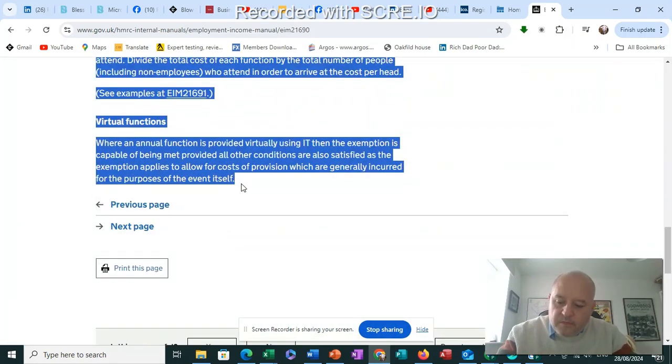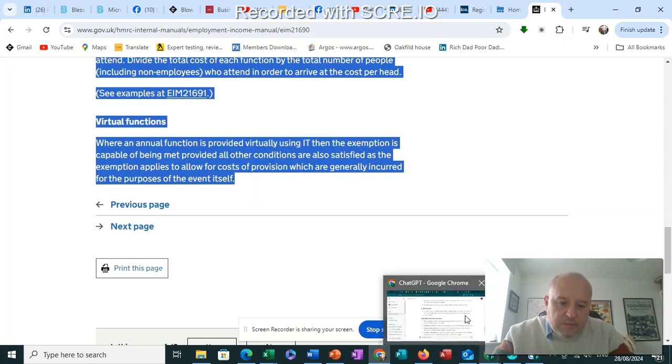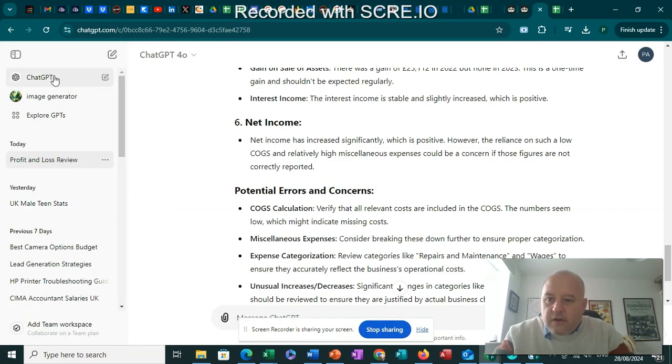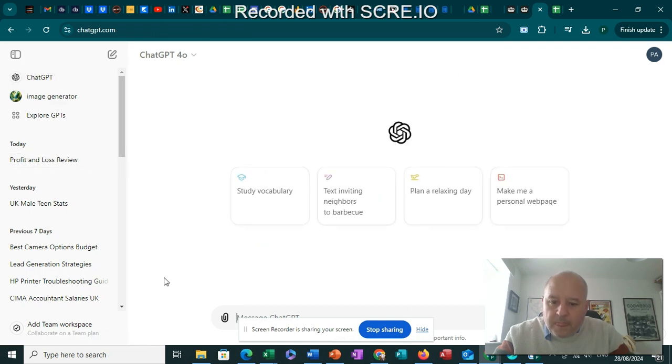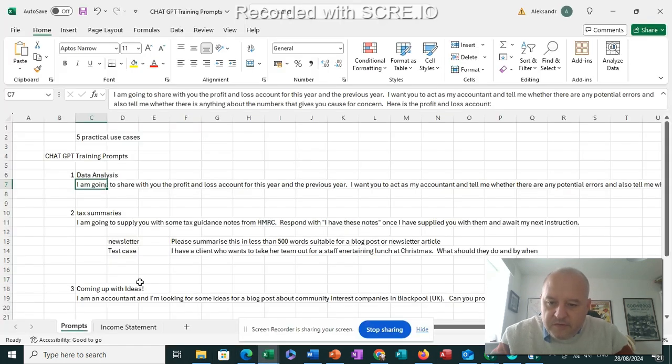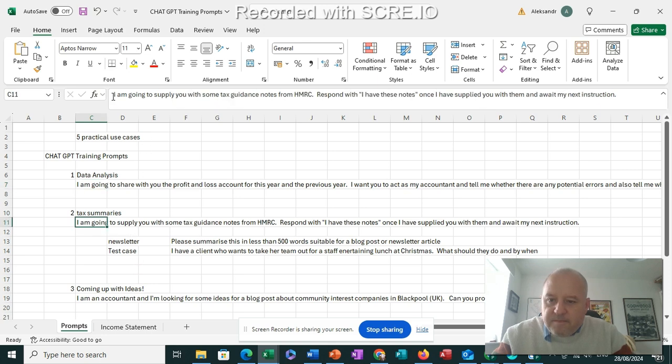There we go. So Control C, and then go back into ChatGPT. I'll start a new chat for this. Okay, actually, what I shall do, first of all, let me put the prompt in first. So again, to save time,